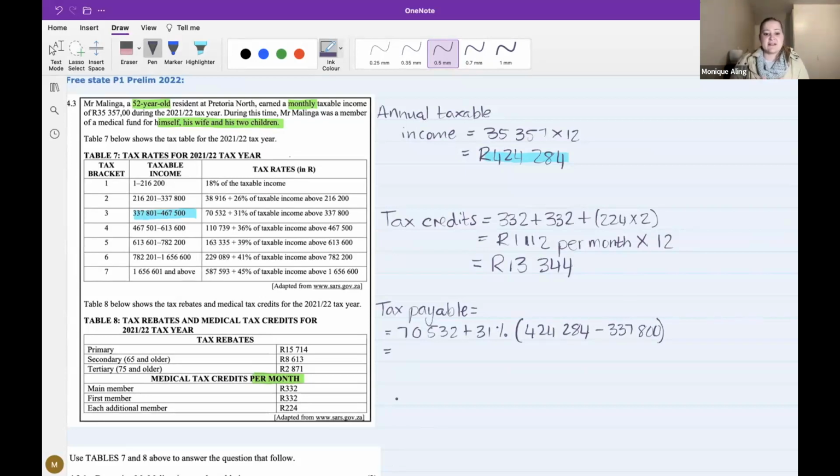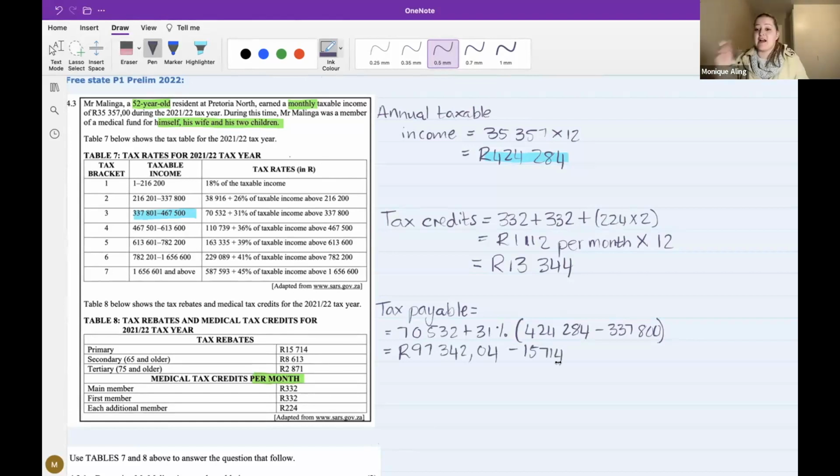okay, so I've written out the tax bracket. I've substituted the taxable income into it. Just to save time, I'm going to tell you once you have worked out that bracket, you are going to get an answer of 97,342.04. Okay, so I've worked out the tax bracket. The next step is minus the rebates. Mr. Malinga only qualifies for the primary rebate. So it's minus